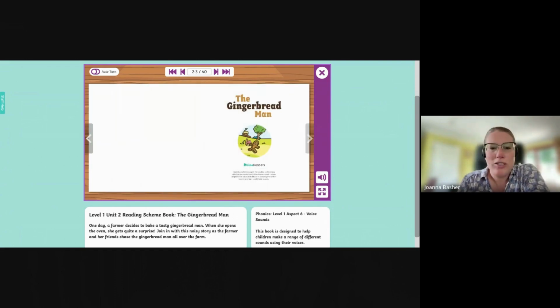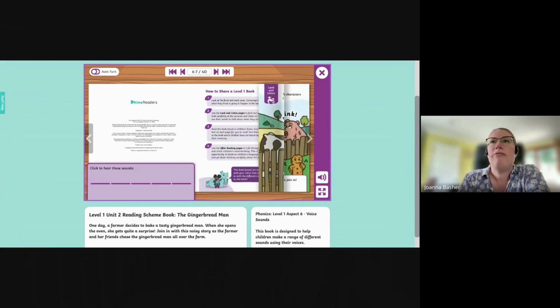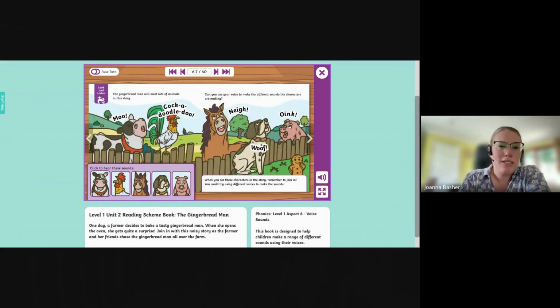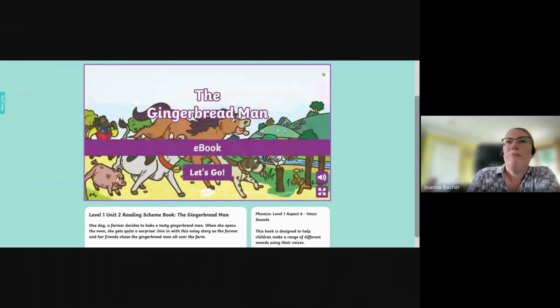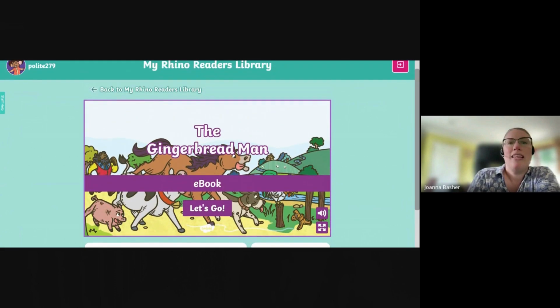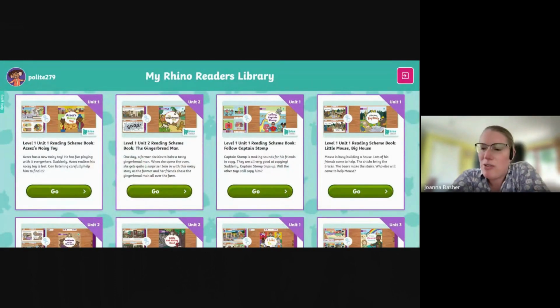You can turn over the pages. This is a level 1 book, so it's got some animal sounds to hear. So that's the way that the children can read the book. They can just close it when they've had enough, and then they can zap back to their library. If they've read another one, it's got another one to read, and that's that. And then if they want to go back to the dashboard,